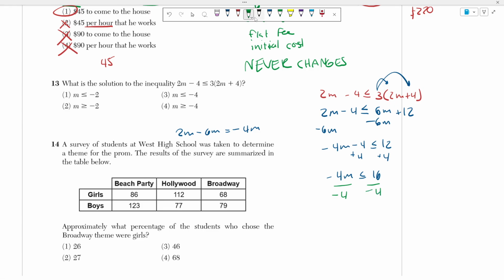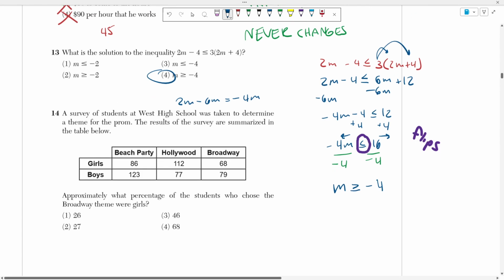And when I do this, this is a very, very important detail. You need to change your sign, right? Your sign flips. All right? So this negative 4 divided by negative 4 is just going to give me m, which is what I want. But because I divided by a negative number, this sign changes direction. So it was open in the right direction, now it has to be open in the left direction. So I'm going to be left with m is greater than or equal to negative 4,